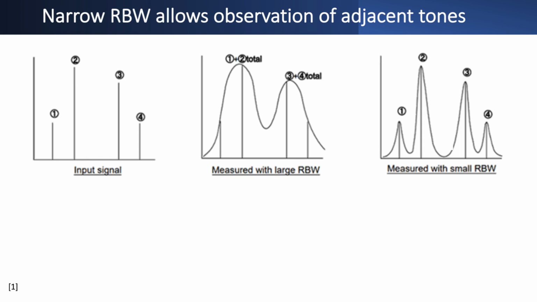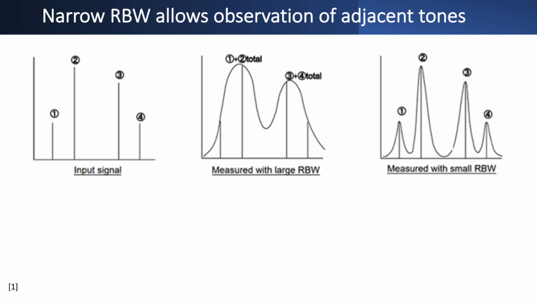And I'll start my exploration to talk about the resolution bandwidth, which is terminology that we already know for many years and is used on classic spectrum analyzers. And what is this really about? So if we have a measuring device like a spectrum analyzer, we might have an input, and in this example on the left is the example is given of 4 different tones of different frequencies and strength. And then we have the result which is shown by the device. And depending on the resolution bandwidth, we might be able or not able to have enough resolution to see these